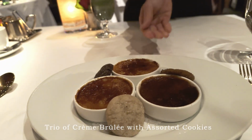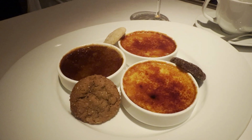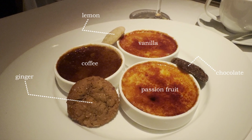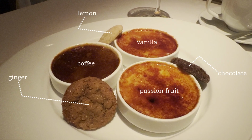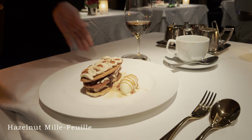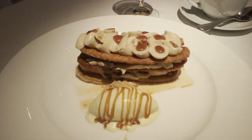For dessert, we started with this trio of crème brûlée with assorted cookies. Each of the crème brûlées had its own distinct rich creaminess and character. Next, the kitchen brought out this Hazelnut Mille-Feuille, which was a decadent construction of hazelnut cream, crisp puff pastry layers,